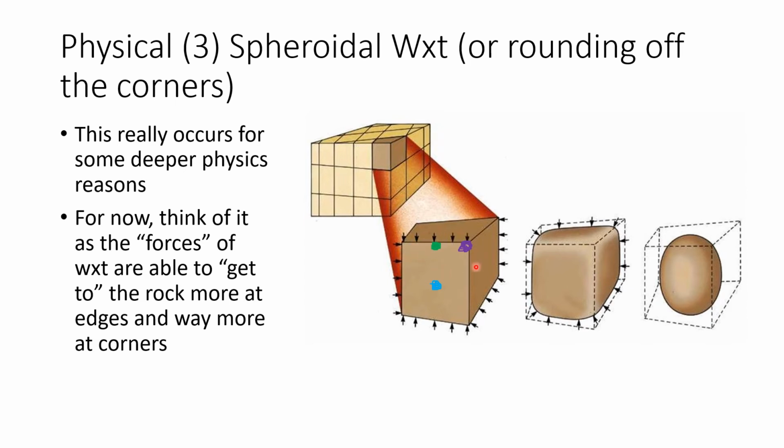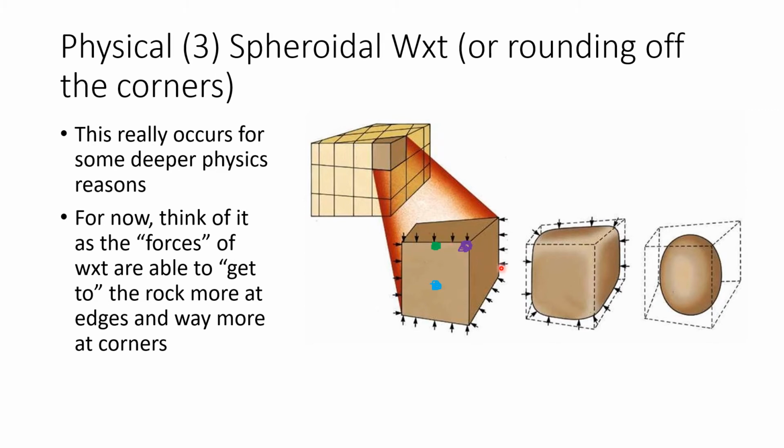Let's go over the purple spot. The purple spot is on a corner, so let's see. The blue one, so the forces coming in from the front like the blue one, yep, they can hit it. Forces coming in from the top, so that's the second one like the green, but now even the forces coming in from this other side can hit it. So the purple can get hit from 3 directions.